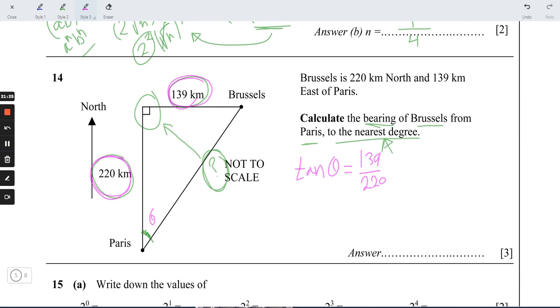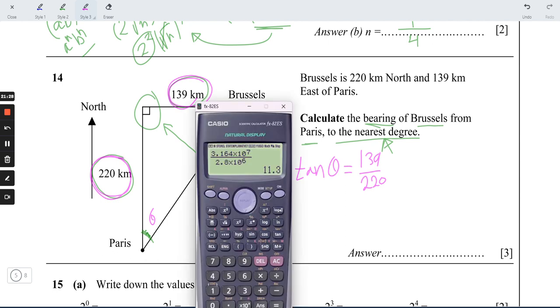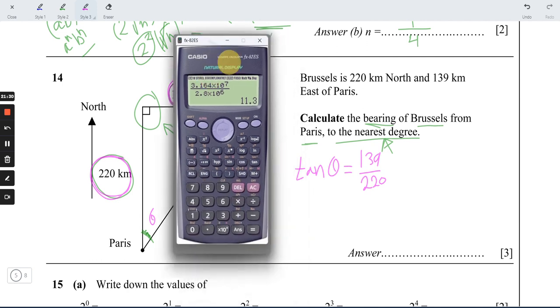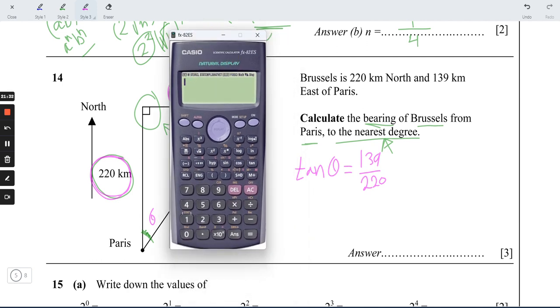So here we will use our calculator for sure, and we will use tan inverse. So tan inverse of 139 divided by 220, equals